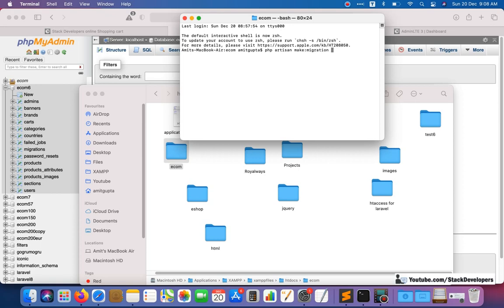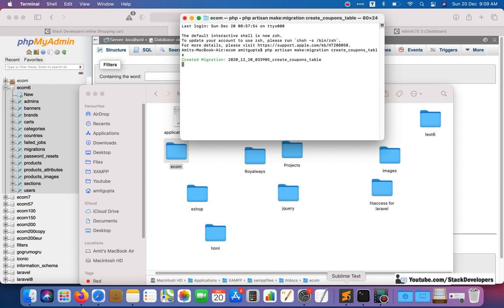And I will name the migration file create_coupons_table, like this, okay.